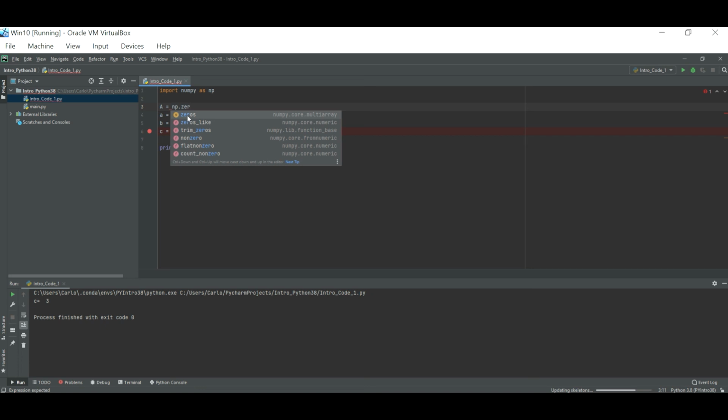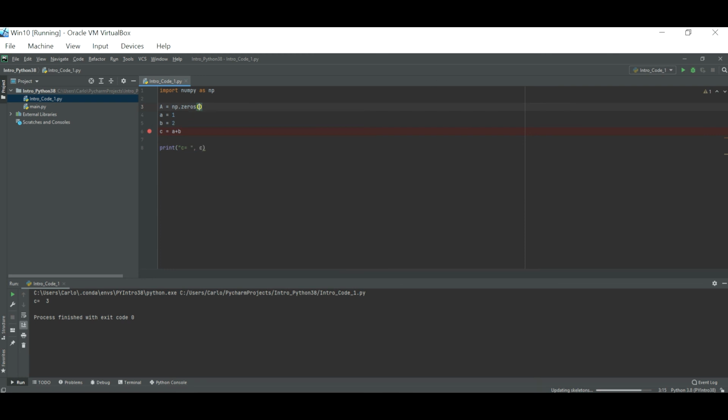Look at the IDE, PyCharm knows that I am accessing the functions built in NumPy. If you tried to do this before installing NumPy in the environment, the virtual environment, you wouldn't be able to get this done because NumPy is installed from the environment. So zeros,